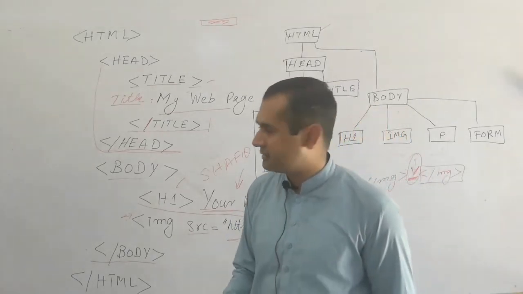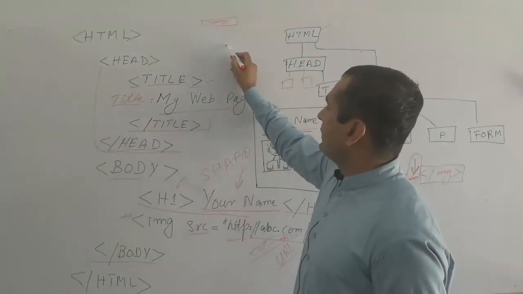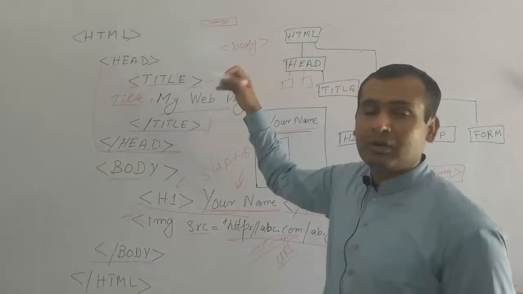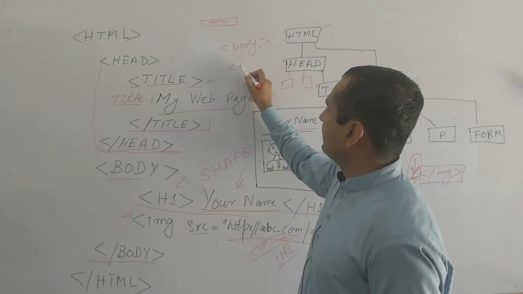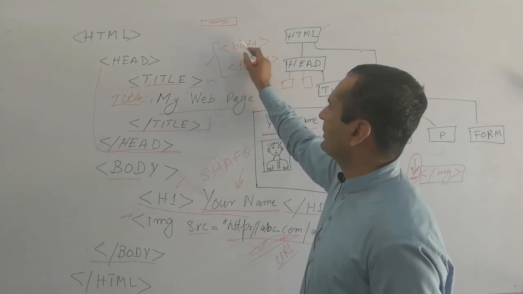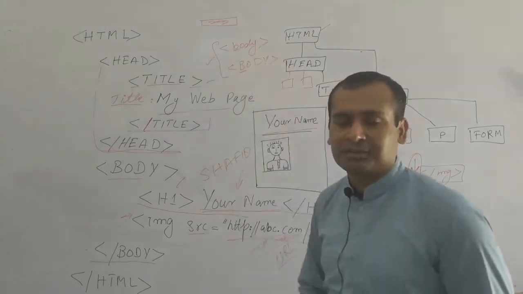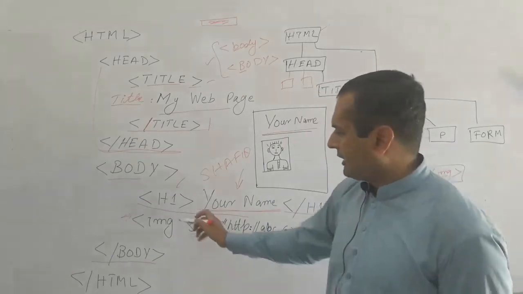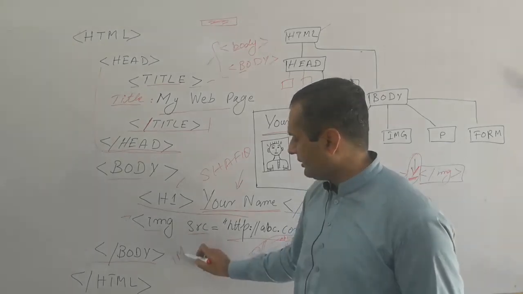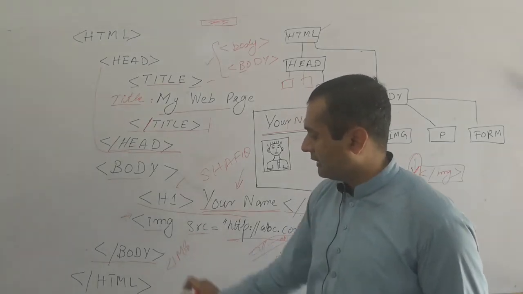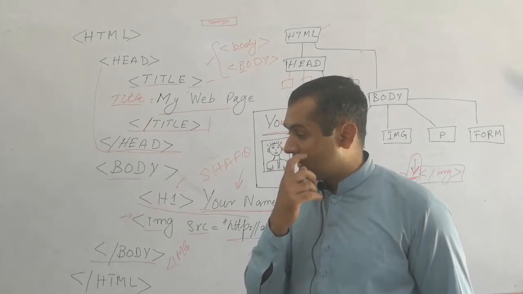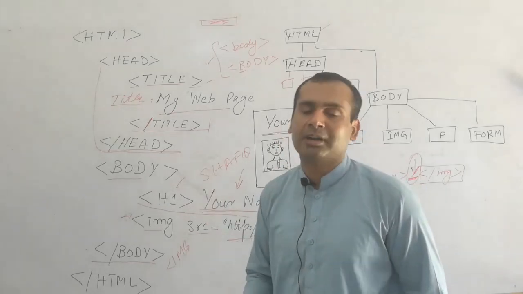What does case insensitive mean? It means that it doesn't care about cases. Cases mean small letters, caps lock or normal. If you write body this way or body that way, both are acceptable, because it doesn't care about the cases. This is uppercase, this is lowercase. So it is case insensitive. You can write img in small letters as I have, or you can also write IMG in capital letters. These are the same thing. The same applies to all the elements, all the tags. All the tags or elements can be written in uppercase or lowercase. It doesn't matter.